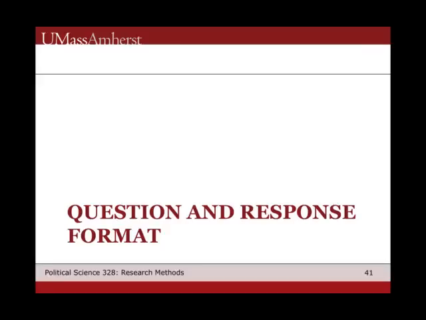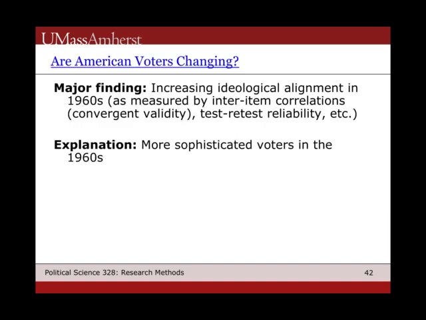We're going to move on now and look at how question and response format can affect survey answers. A few examples of different ways that surveys can be shaped by both the response and the question format. One of the most classic examples of this also occurred in the 1964 ANES,